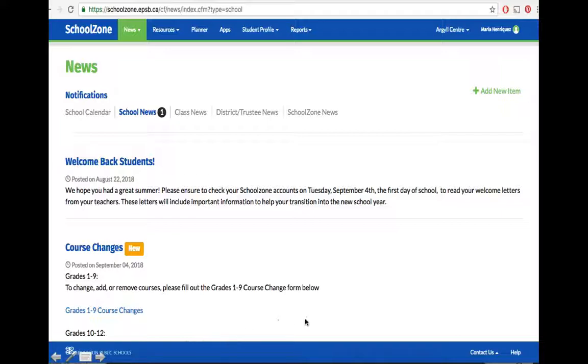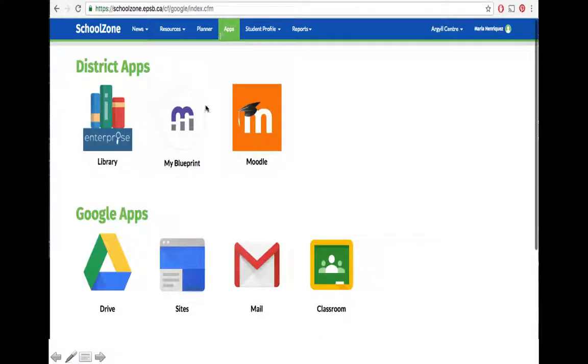Remember, this is where you need to check for the school news, any class news, any reminders I have for you, I will post here. So it's important to check, as well, of course, your report cards and intermarks are here as well. But right off the get-go, if you click on apps right at the top there, this is where you're taken. Notice here are your sites. You click on there and you will be taken to the launching pad where everything is, absolutely everything that you need. So School Zone, apps, and sites.